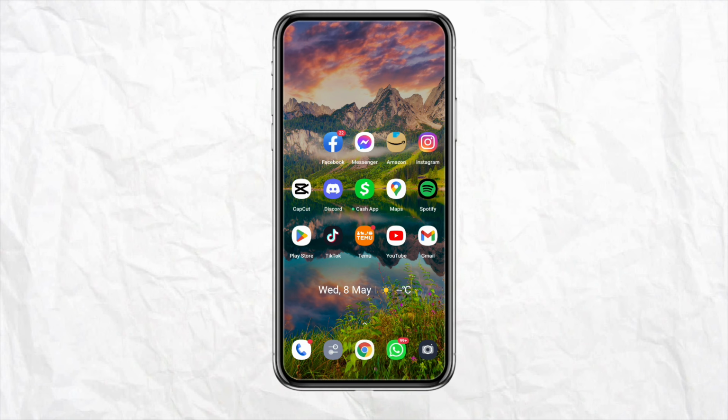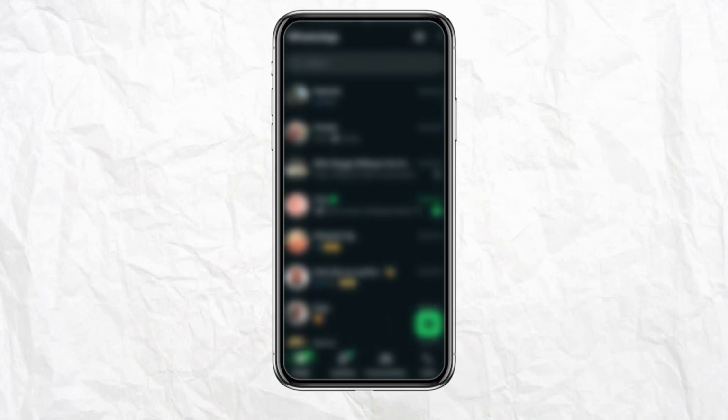In this video I'm going to show you how you will be able to fix your Meta AI if it is not showing on your WhatsApp account. So first of all, just open your WhatsApp, and after that just see whether you have the Meta AI version updated in your WhatsApp account or not. As you can see, I don't have the Meta AI version updated in my WhatsApp account as of now.